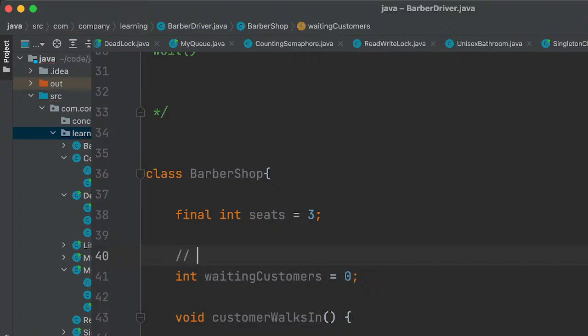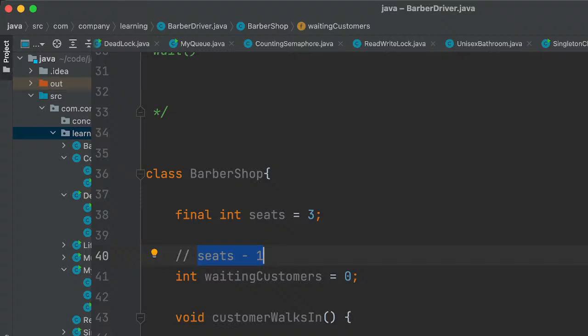Suppose the waiting customers value is 2, because 2 is the maximum, since one customer will be served by the barber. So we need to check the value against seats minus 1. If it is seats minus 1, then there is no place for the new customer to get a haircut in the barber shop.